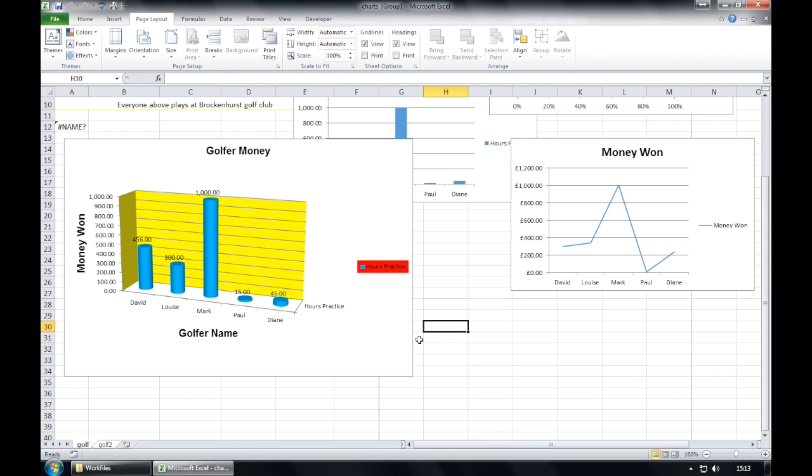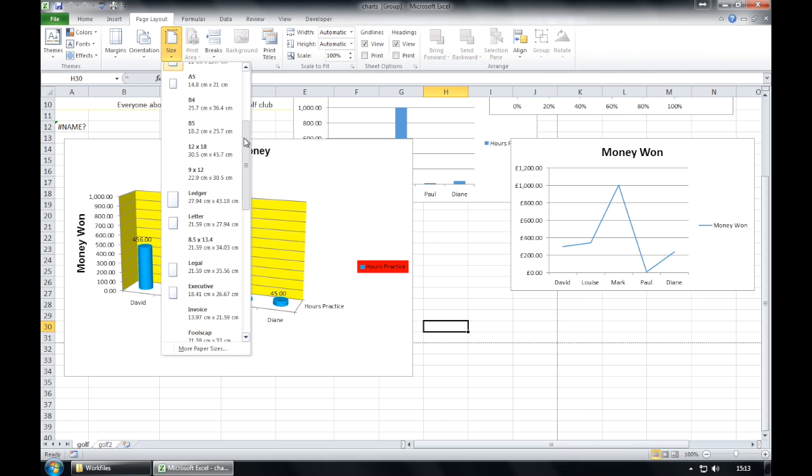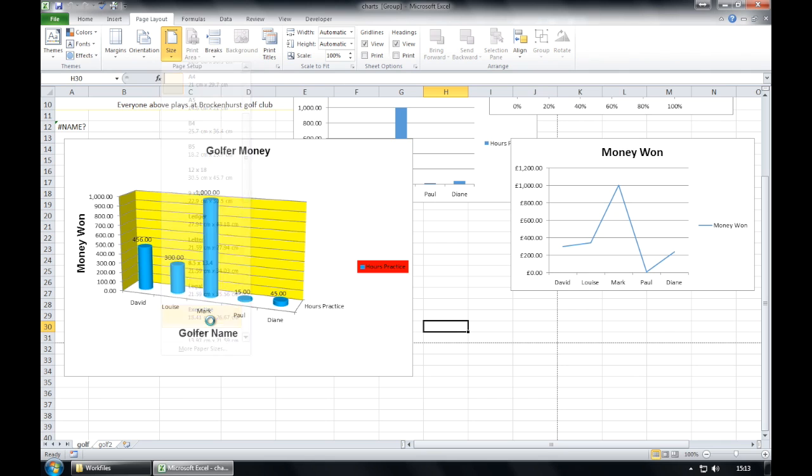We're going to change the orientation to landscape. Again, in the page layout button, we can change the orientation to landscape, and you'll notice both are still selected, so this is applying to both worksheets. We're going to change the paper size to one of our choice. To do this, we choose the size option, and we can pick any particular paper. I'm going to choose an executive.